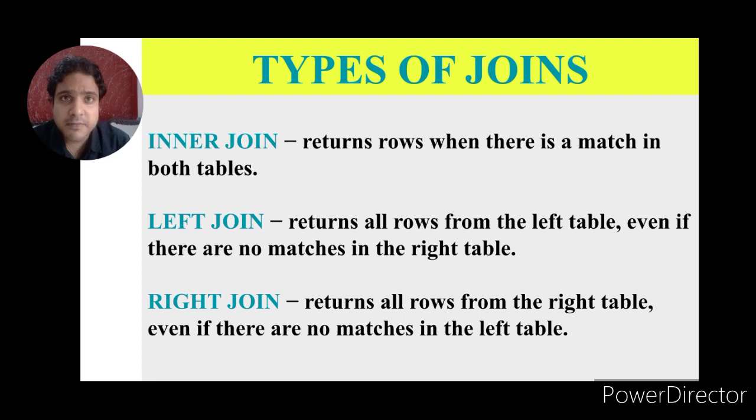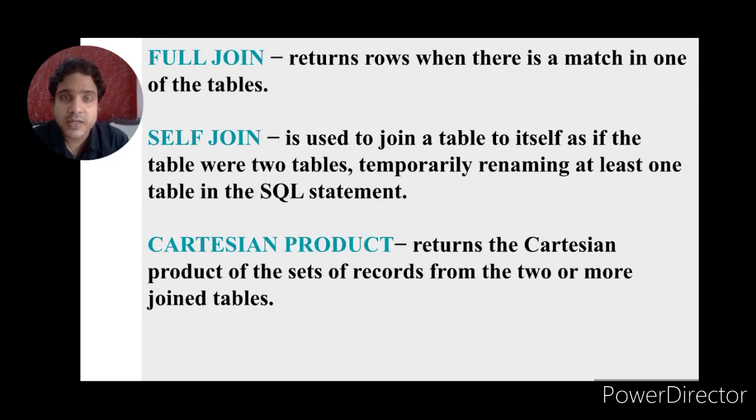The same case applies for the right join. It returns all the rows from the right table for the attributes selected by the user, and if any value does not belong to the left table or match the left table, it will provide the null value at that place. In the case of the full join, this is the combination of left join and right join, but if any one of the values of a table is matched, it will be displayed here.